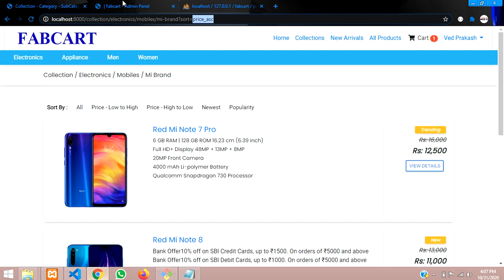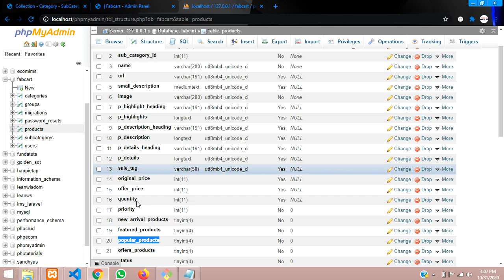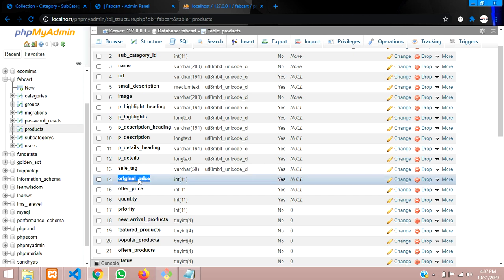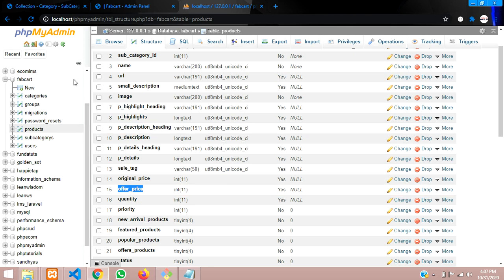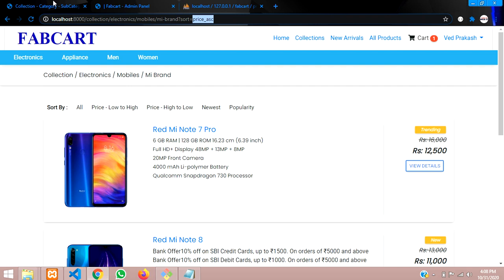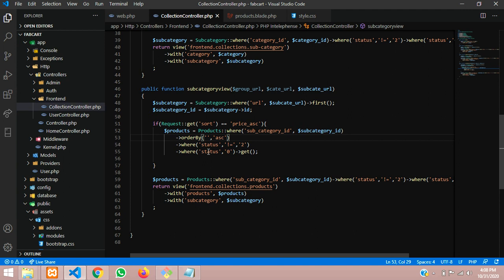First let's go to the database and update. You can see in the product table we are doing it with the original price. Let's sort by original price or offer price, whichever price you feel. We will be sorting by the selling price, so let's sort according to this offer price. Let's copy that offer price and paste over here, right?